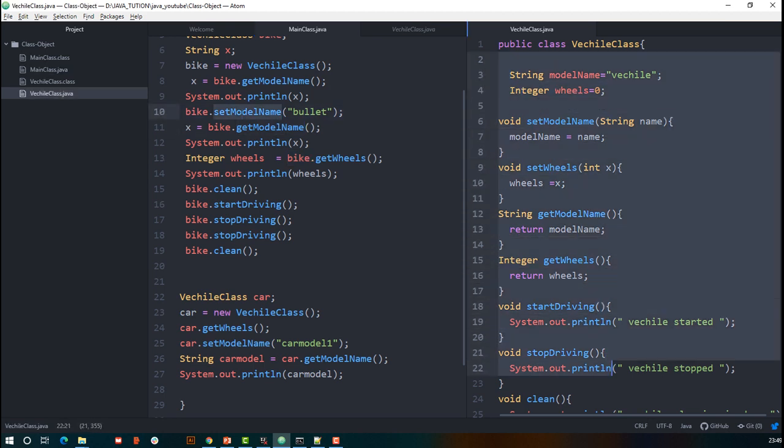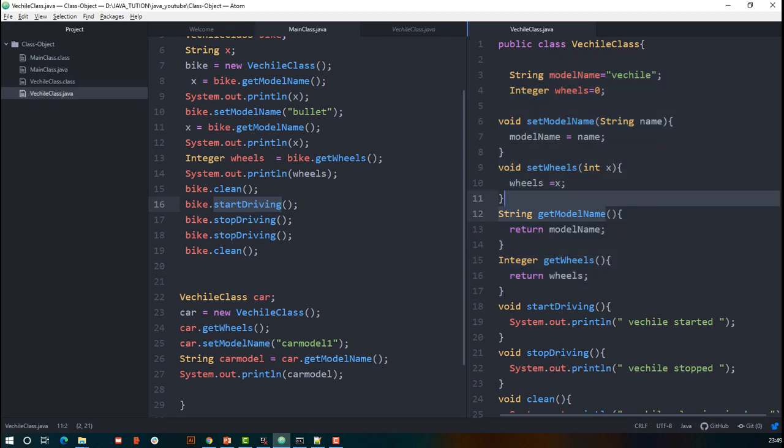Bike also has all these properties, car also has all these properties, but bike dot start driving is different, car dot start driving will be different, bike dot clean will be different. Similarly bike will have all these properties and variables, and car will also have all these properties and variables,